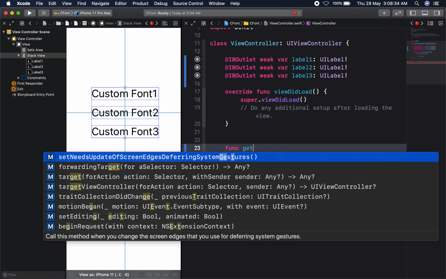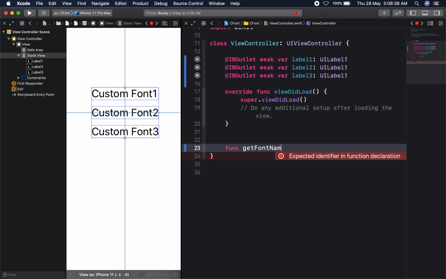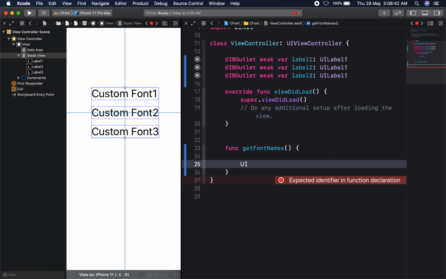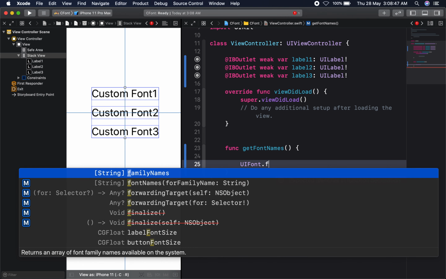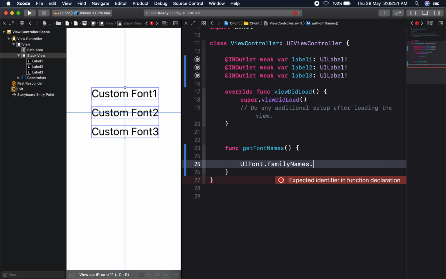So, getFontNames. Here I am going to use UIFont.familyNames. That's an array of families, so there are multiple families.